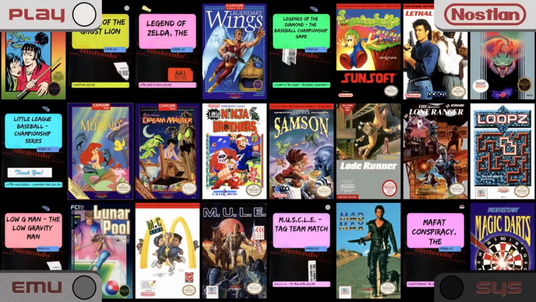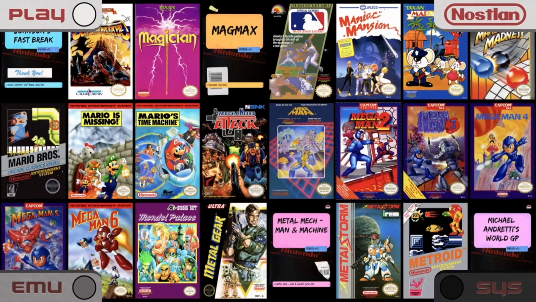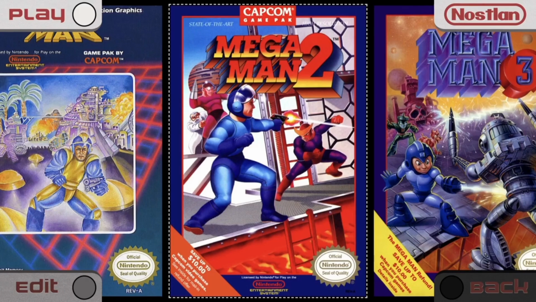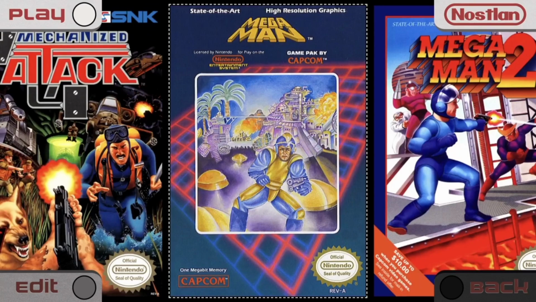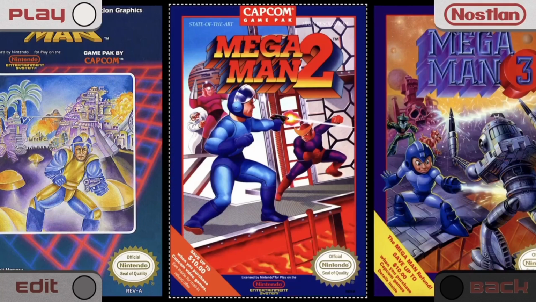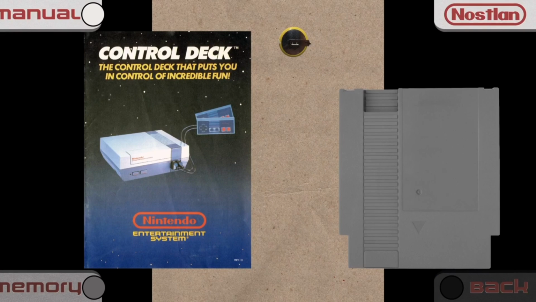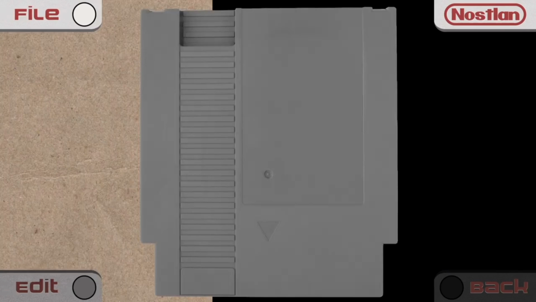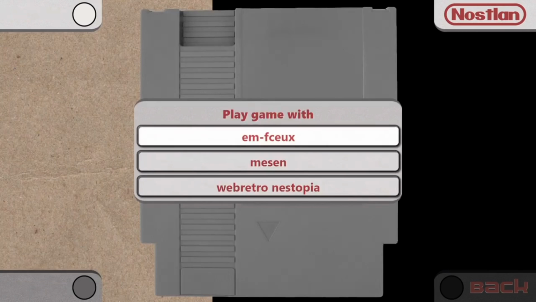and here we go. So my controller is now working with this. Okay, so I'm going to randomly select Mega Man 2, and to open this, if I press the B button on my controller, it's going to bring us into a closer up image. And we can also go left and right to choose games from here. If I then press B on Mega Man 2, it's going to bring us to another image, and B again, and finally we're going to play it with M-FCEUX, which is the emulator that I downloaded and installed using Nostlan. If I press B on this,